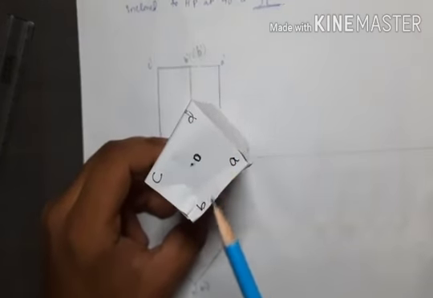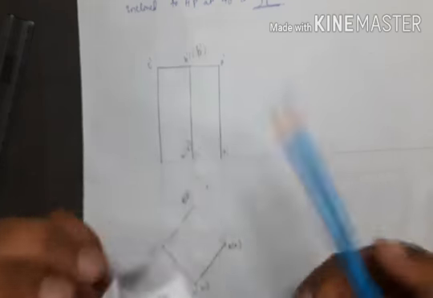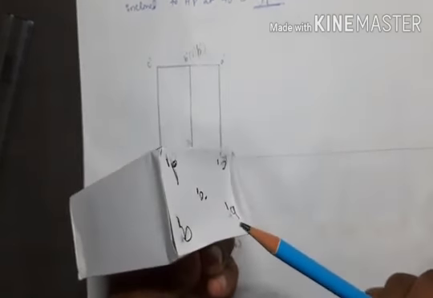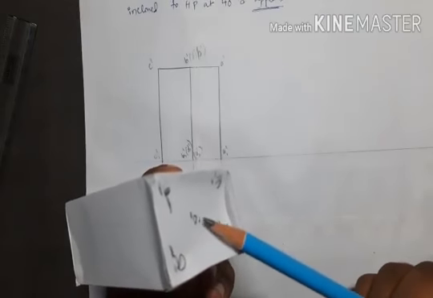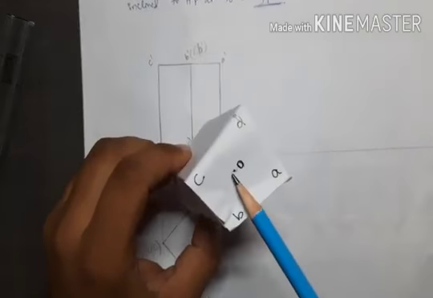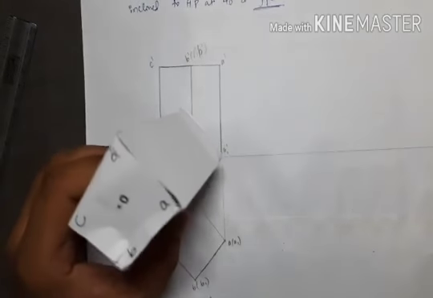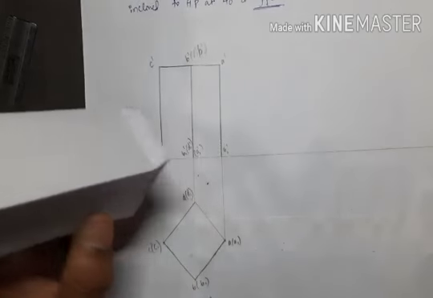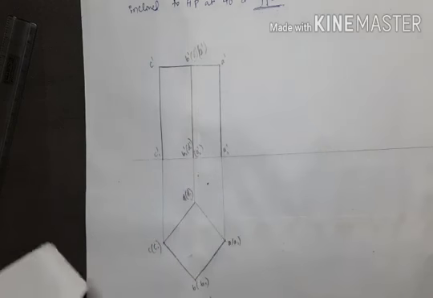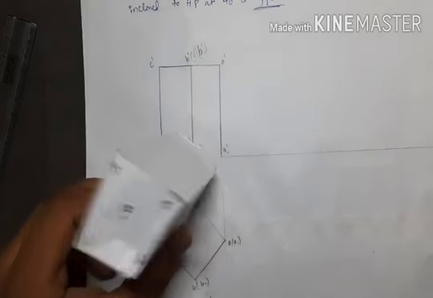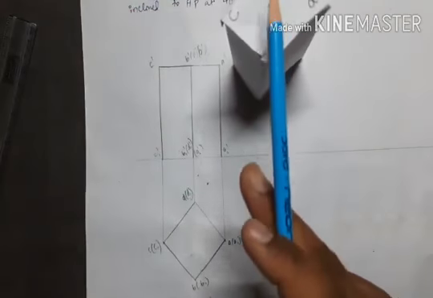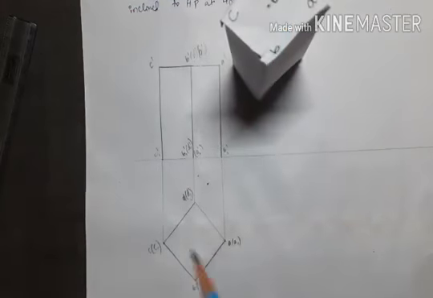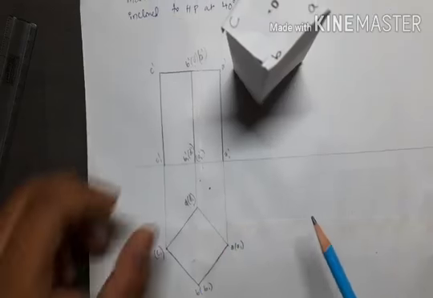So these are A, B, C, D in the top view. At the bottom face, A1, B1, C1, D1. This is O1 at the bottom. This is O at the top face. So if you are getting very confused with how to name this, make a paper model, keep it in that respective position and look from the front view. Whichever is hidden for you, that will be in bracket. Whichever is not hidden, that is simply written.